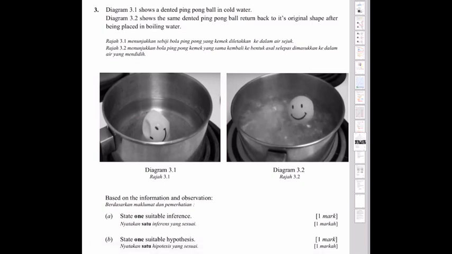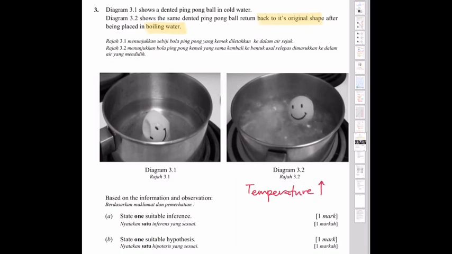For example, here, from the diagram and the statement, it shows that the dented ping pong ball returned back to its original shape after being placed in boiling water. So we have cold water in diagram 3.1 and boiling water in diagram 3.2. And the shape of the ping pong ball changes as we place it into the cold water or in the boiling water. It is quite obvious here that temperature is a suitable manipulated variable to represent the cold water and